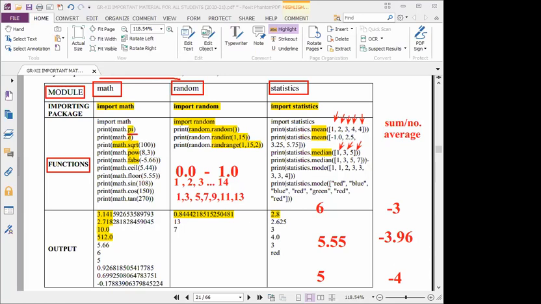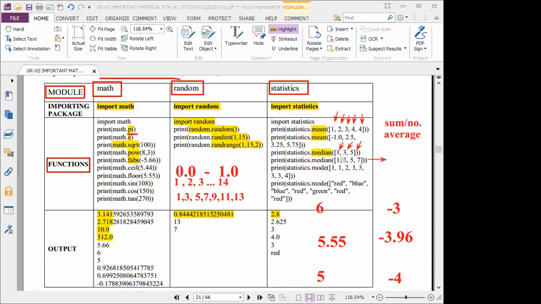3. Second position, that is 3. Okay, so for an odd number of values, we can easily find the middle position. That is, 3 values means 2 is the middle position, 5 values means 3 is the middle position, that everyone knows. But for the next example, you see we have an even number of values, that is 4 values: 1, 3, 5, 7. So for an even number of values, how do we find the middle, students?